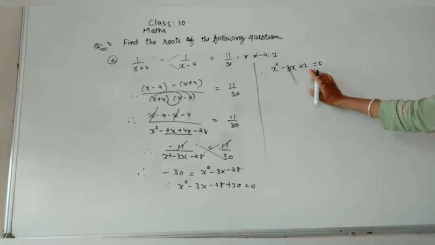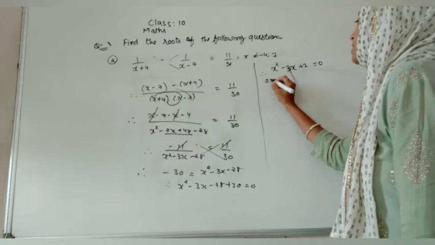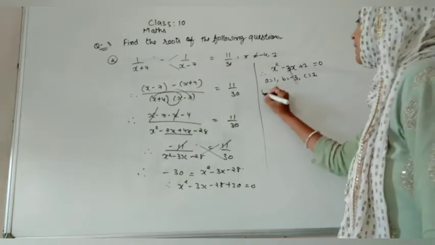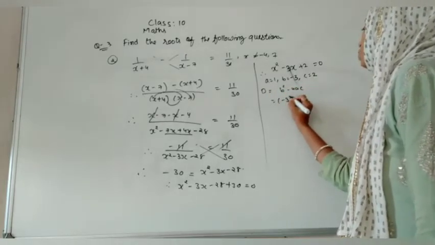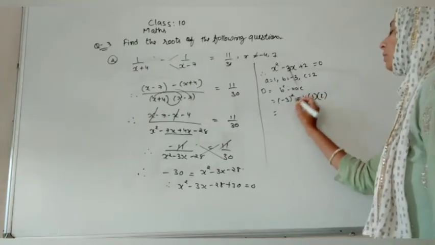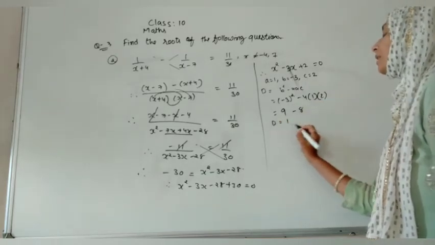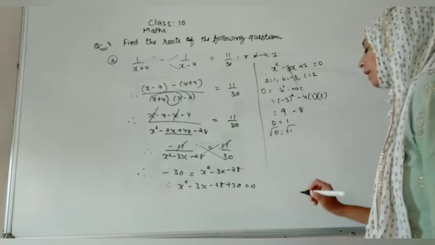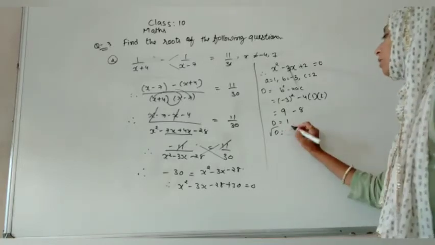Here we can do splitting the middle term if you want to, and here we can solve it by the quadratic formula in which a is equal to 1, b is equal to minus 3, and c is equal to 2, and there we have to find d, that is b square minus 4ac. Here I will substitute b square, that will be 3 square, 4, a is 1 and c is 2. So it will become 3 square 9, 4 2s are 8, 9 minus 8, 1 will remain, the value of d is 1. So under root d will make under root 1, but 1 having square is the same. If it is under root, it will come out, it will become 1 only.